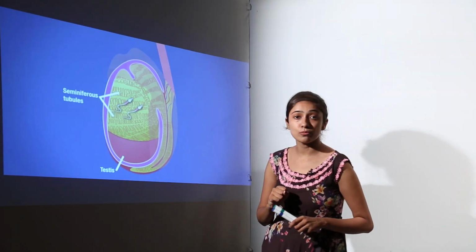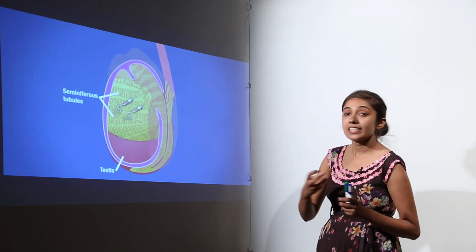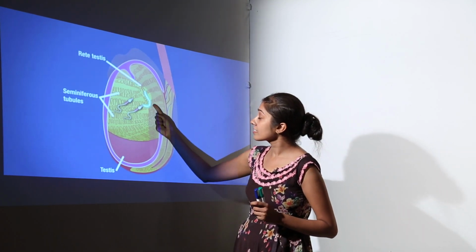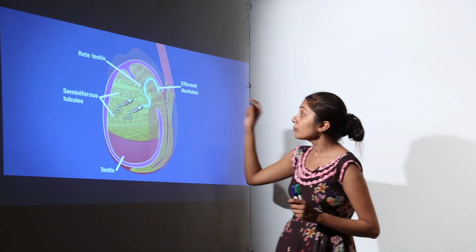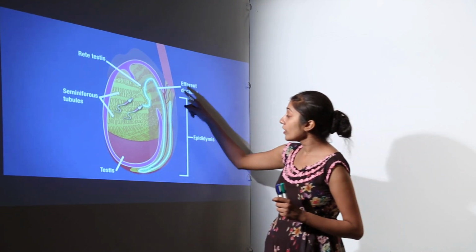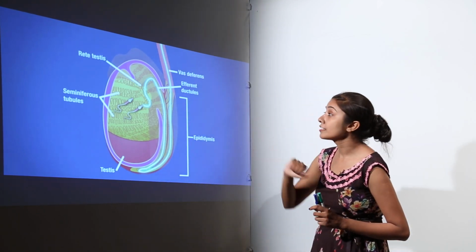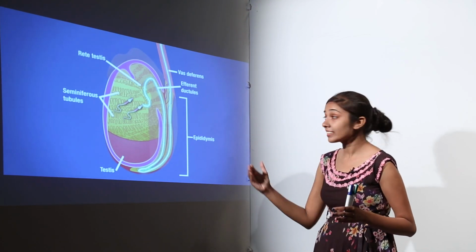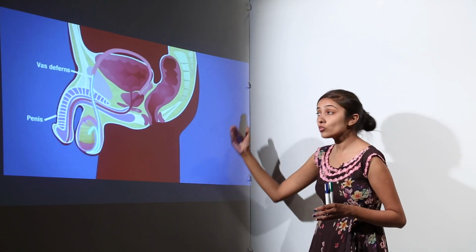So these are the cells of the testes, and you all know that what happens when there are sperms in the seminiferous tubules. They are going to find their way first of all to the rete testis, and this is the tubular structure. From the rete testis to efferent ductules. From the efferent ductules only, they are going to exit the testis. They are going to then enter the epididymis. From the epididymis, they are going to enter vas deferens, right. So this is how the sperms are going to exit the testes, from rete testis to efferent ductules, then epididymis, and then to vas deferens.